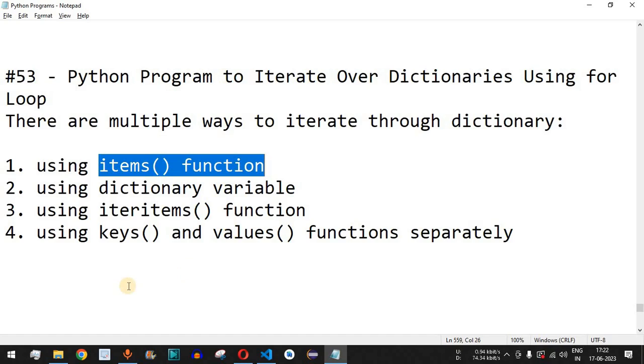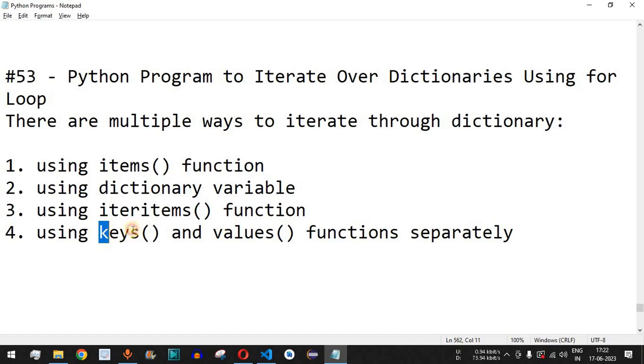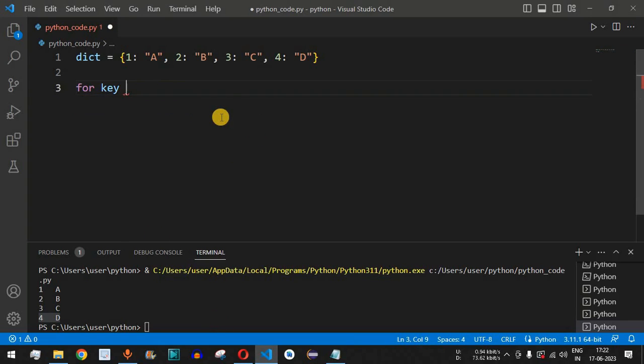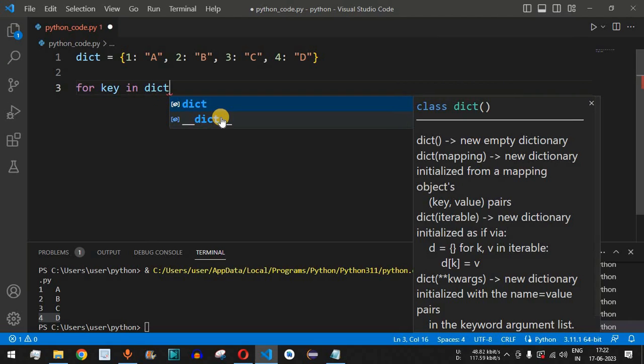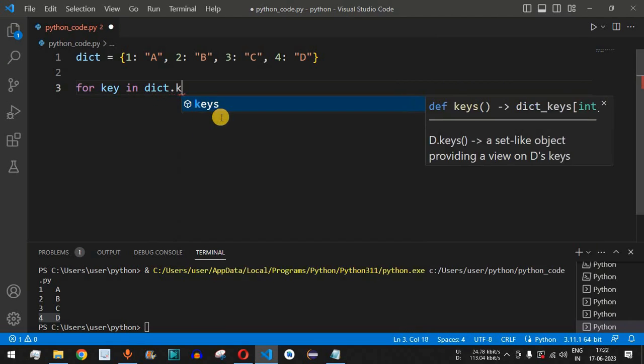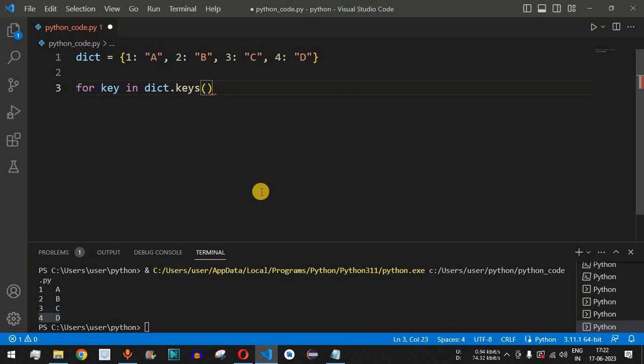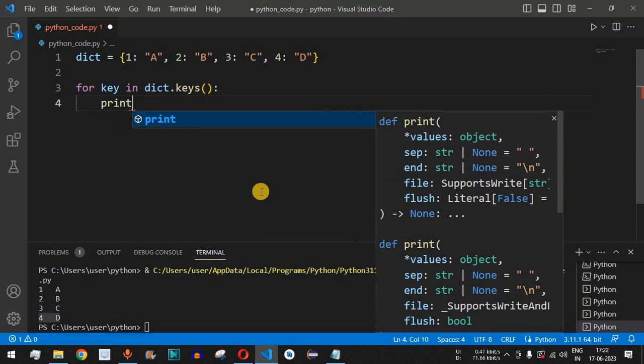Now guys, we also have another two important functions over here, that is keys function and the values function as well, which returns us the keys and the values of the dictionary. So how we can use that? Let us check that. So over here what we can do is we can simply have for and then key, and then followed by in, and then simply we can use the dictionary variable, that is dict, followed by dot, and then we can simply use the keys function which will return us all the keys of this dictionary. So over here keys followed by open and close brackets in this case, and then guys followed by colon, we can simply print all the keys.